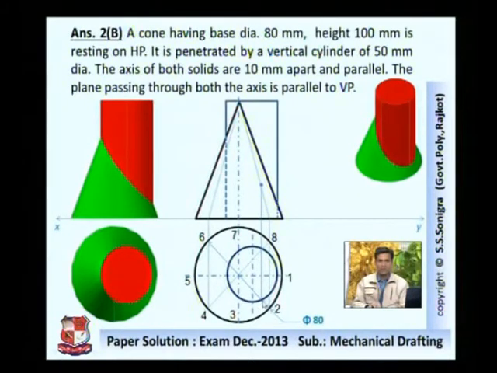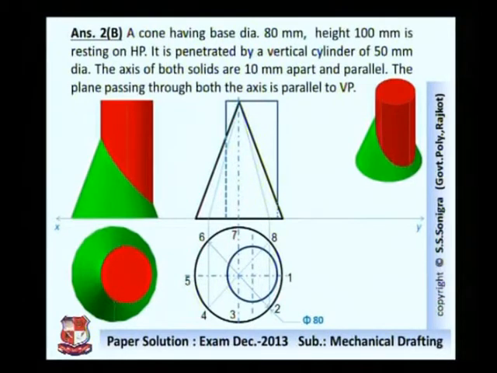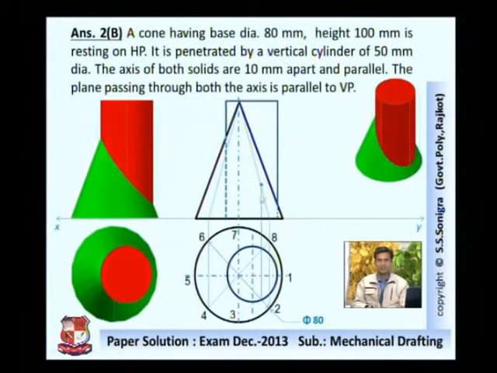So from that point, draw a straight vertical line as shown over here, like this. From this point, draw a straight vertical line that will cut O2. This is O2 and O8, O dash 2 dash and O dash 8 dash at this point. So this is our first point of intersection. Similarly, here the point of intersection would be between O4 and O6 and this cylinder. So here is the point. From that point, draw a straight vertical line that will cut O6 or O dash 4 dash at this point. So this is another point.